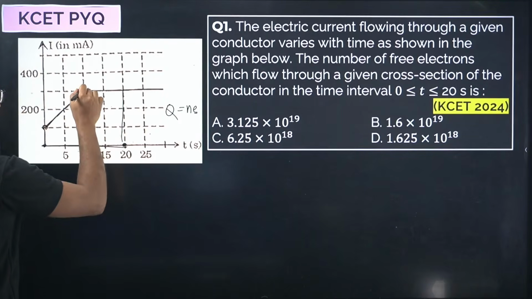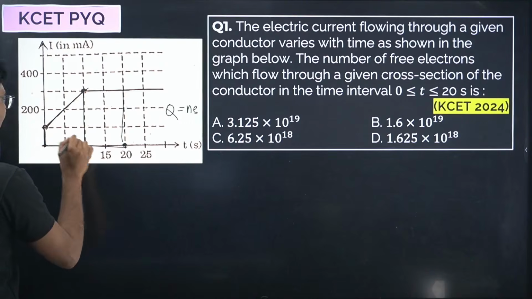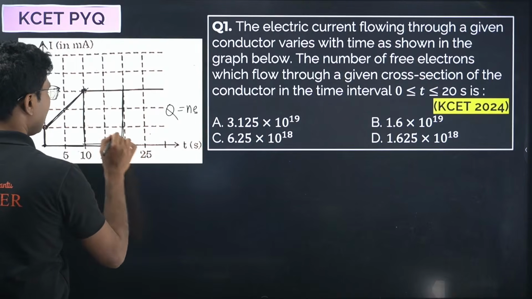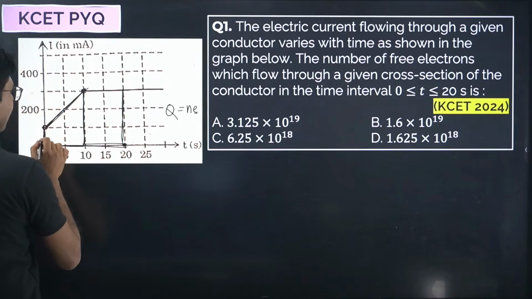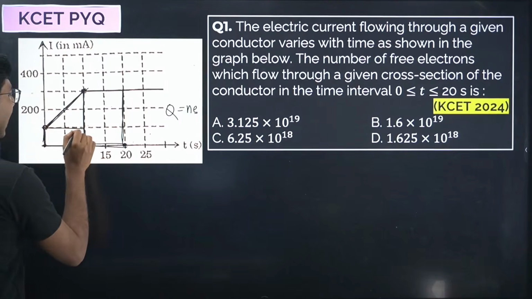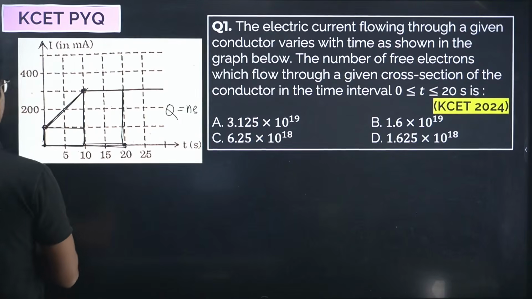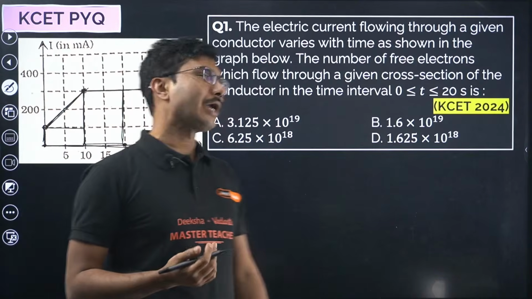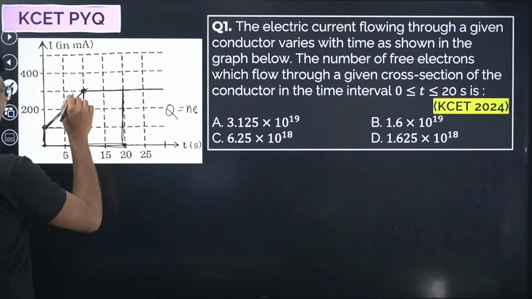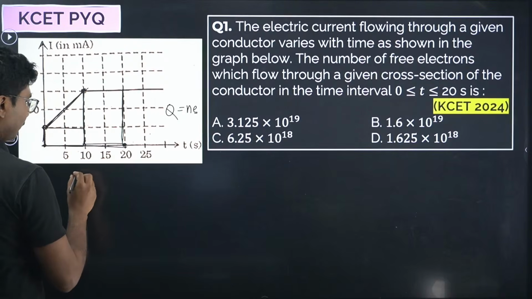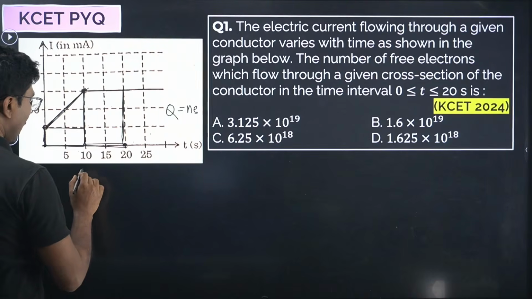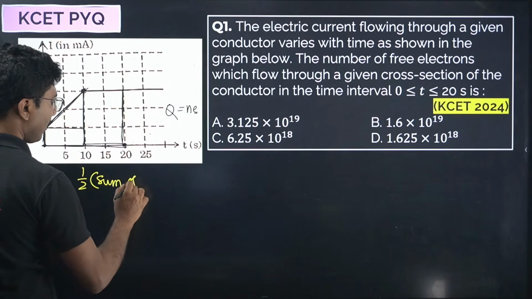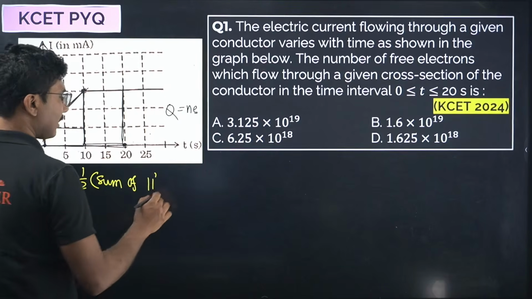If you divide this into two portions, one is this trapezium and one is this rectangle. So how do you calculate the area of a trapezium? You could further divide it into a triangle and a rectangle, but that would be a waste of time. You can directly calculate the area of a trapezium. The area of a trapezium is basically half into the sum of parallel sides, remember this, parallel sides,